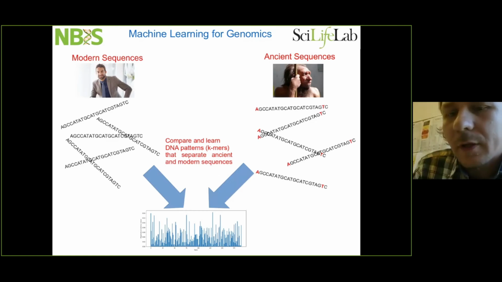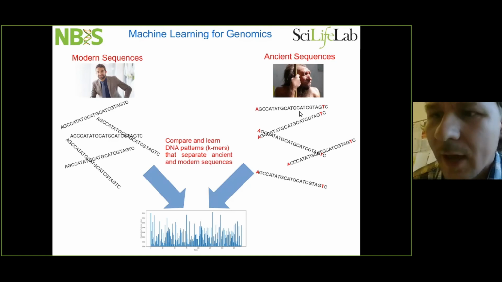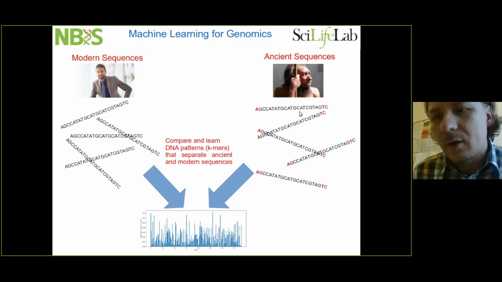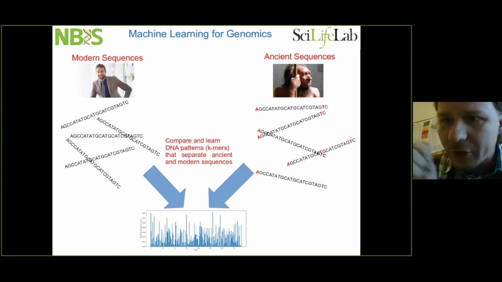There is a deamination pattern at the ends of the sequences, typically present for ancient sequences. You can use this as a training data set. You feed these two types, you label your sequences 0, 1, and you feed them into a one-dimensional convolutional neural network, for example, and you learn the k-mer patterns that can discriminate between